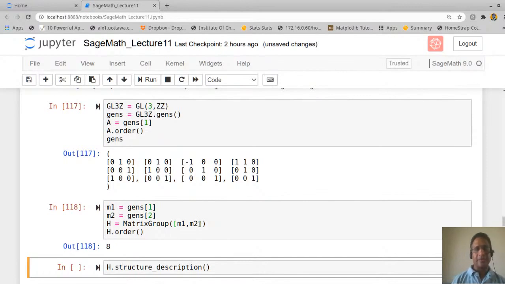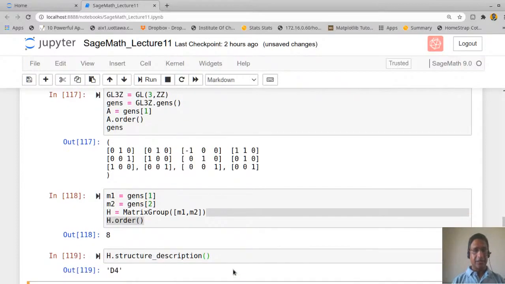Similarly, you can try to find subgroups of other orders. There is also a function called structure_description. This will tell you what kind of group it is, what the structure of that group is. In this case this is a group of order 8, and we know various groups of order 8. For example, just now we saw one group as quaternion. Is it isomorphic to quaternion, or is it a cyclic group, or a group of another type? So let us see.